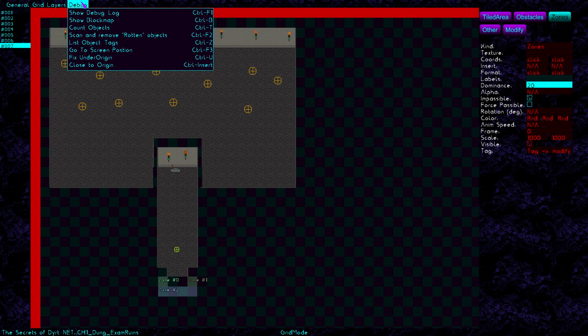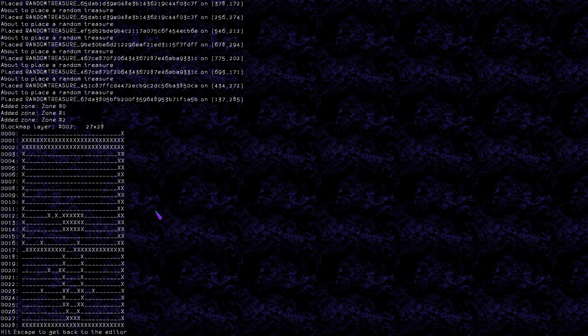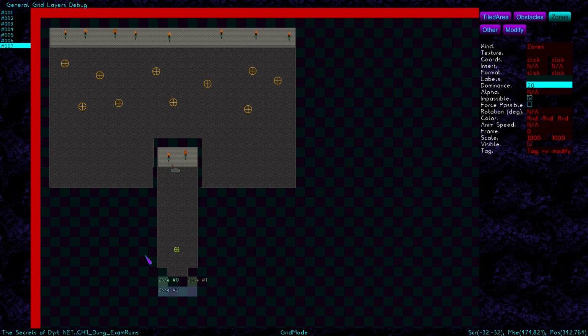A nice feature to show is show block map. This allows me to have a quick view on what areas the player can enter and which they cannot. And then we see that there are a few impurities blocking the way, while those outside of the field were not to be entered anyway, but those in the field should not be there. So